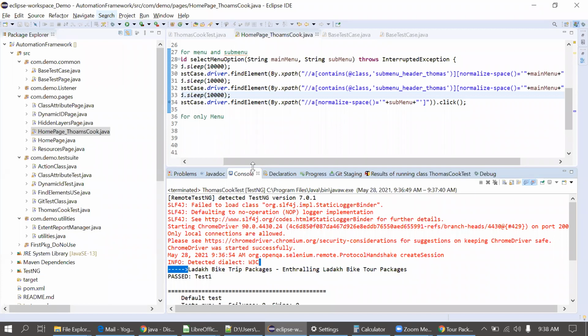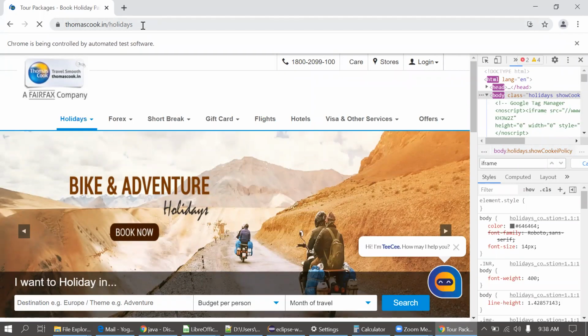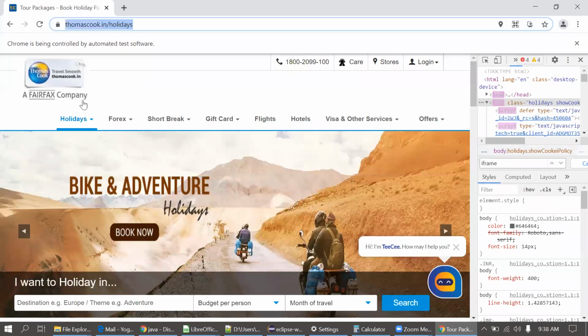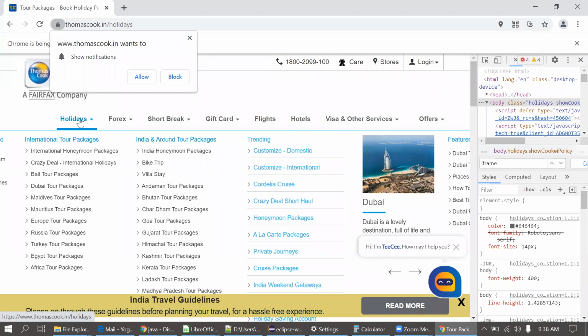So what is the preferable option here? Instead of clicking, if we click, the page gets refreshed, but we are still on the same page. Instead of clicking, we can just hover the mouse here. That's the option we can use with the Actions class that I was trying previously. I'll just implement that.